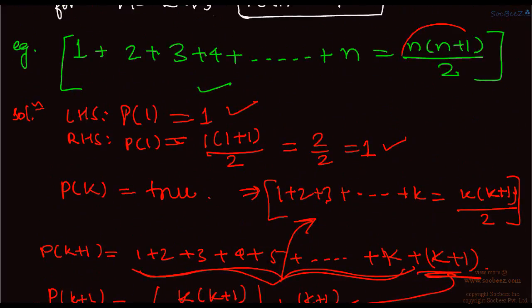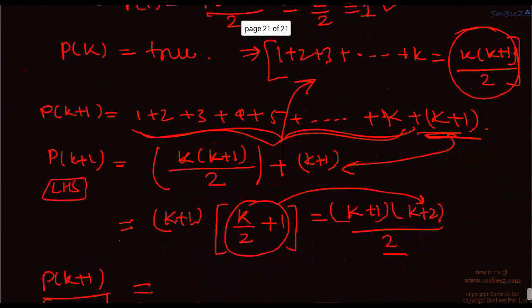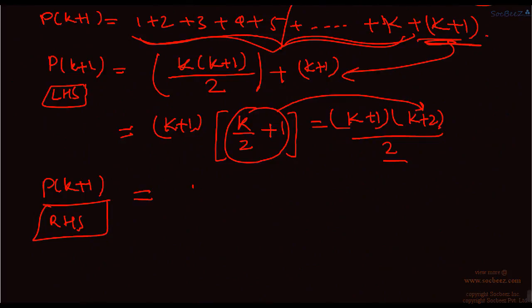What is P of k? P of n is n(n+1)/2. So P of k is k(k+1)/2. So P of k plus 1 will be what? P of k plus 1 will be